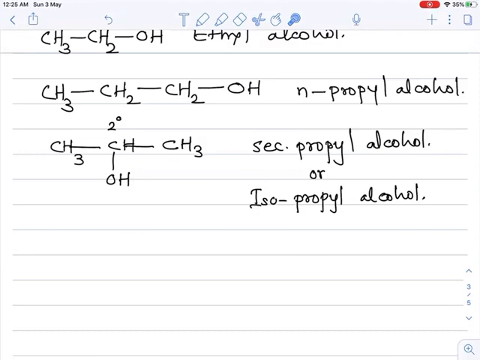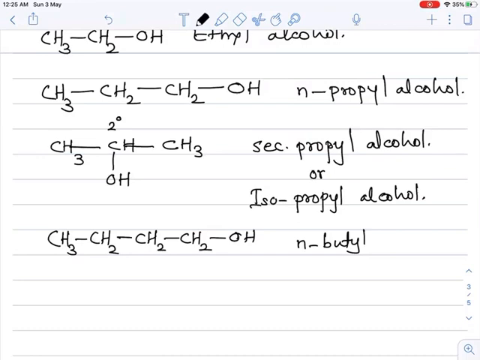Okay. Now next one, if we take a 4 carbon containing alcohol, CH3CH2CH2CH2OH. Now tell me what is the common name of this compound. If you observe, this is a 4 carbon containing straight chain, so which prefix is used for the straight chain? n. Very good. So n, 4 carbon containing alkyl group, butyl. So n-butyl, and for OH alcohol is there. So what is its common name? n-butyl alcohol. Next one is there.